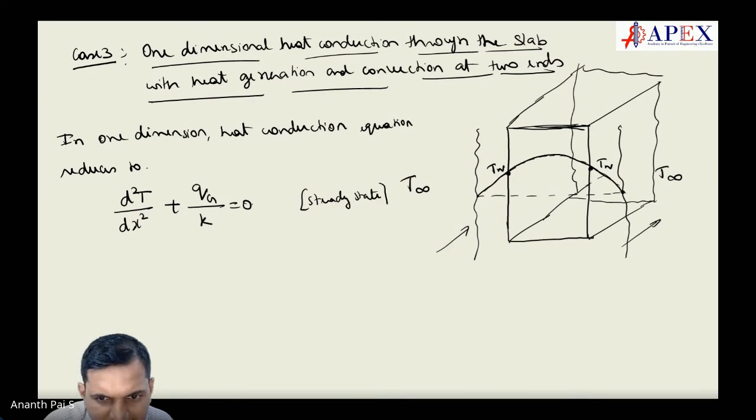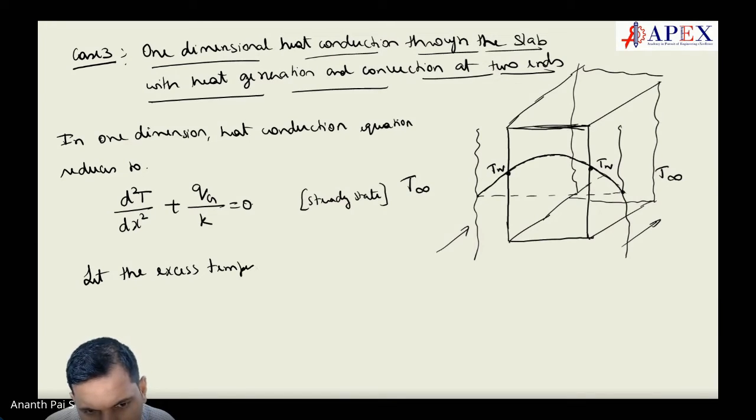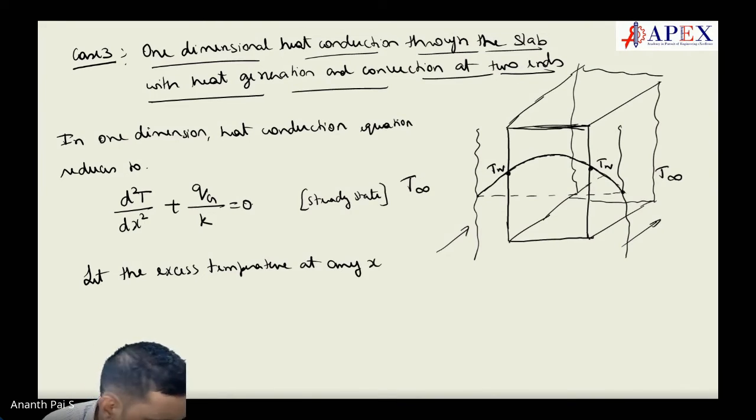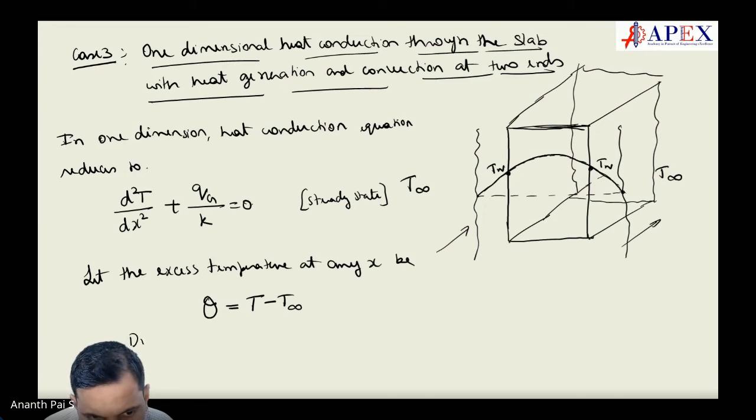We are considering steady state only. Okay. Now, let the excess temperature at any x be theta. Theta is the excess temperature. Theta is equal to T minus T infinity. Differentiating, we obtain,